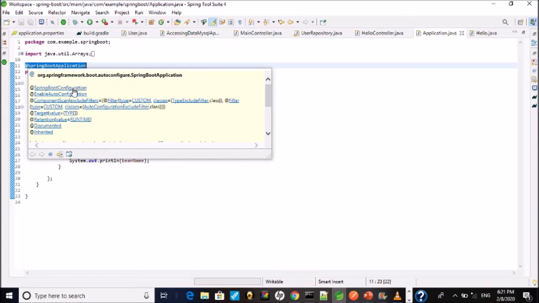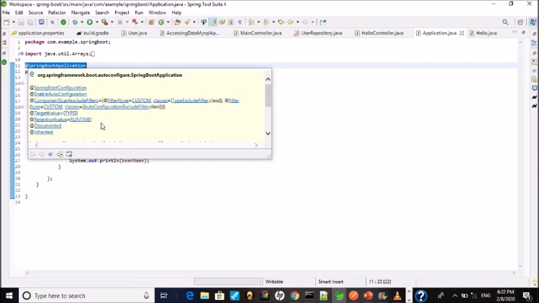@SpringBootConfiguration will check for the configuration Java files and load all the configuration. @EnableAutoConfiguration will load all the other auto configuration files, even the XML or any config Java file, and will load all the beans. @ComponentScan will scan all the components and wire them wherever necessary, and wire the services which are used.